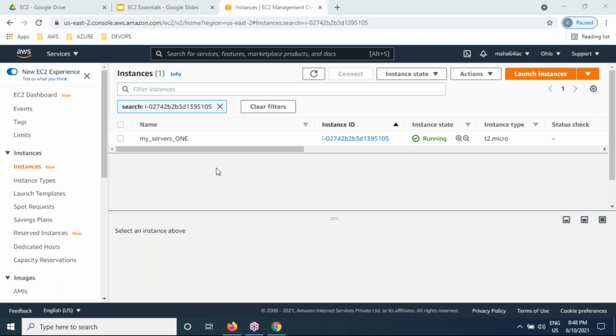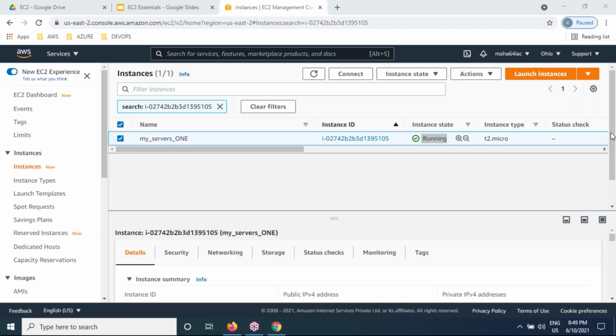Fine. Is the server running or not? Yes. Okay. Even if you close the laptop, the server is still running in the cloud. There is no problem. It is not depending on your laptop. So Gautam, please. Your laptop is shut down. Okay. Still the server is in running state.